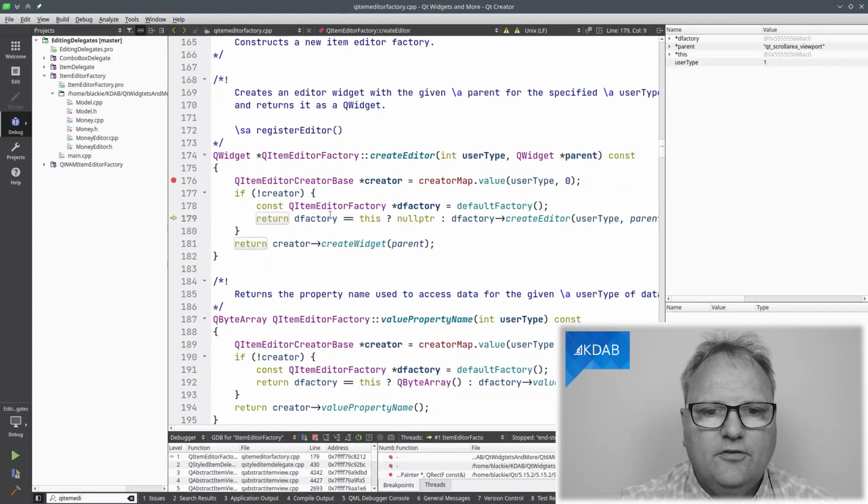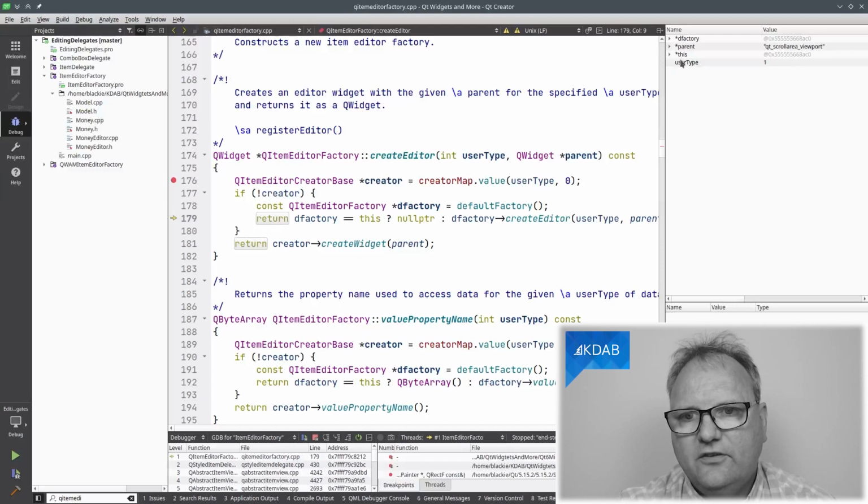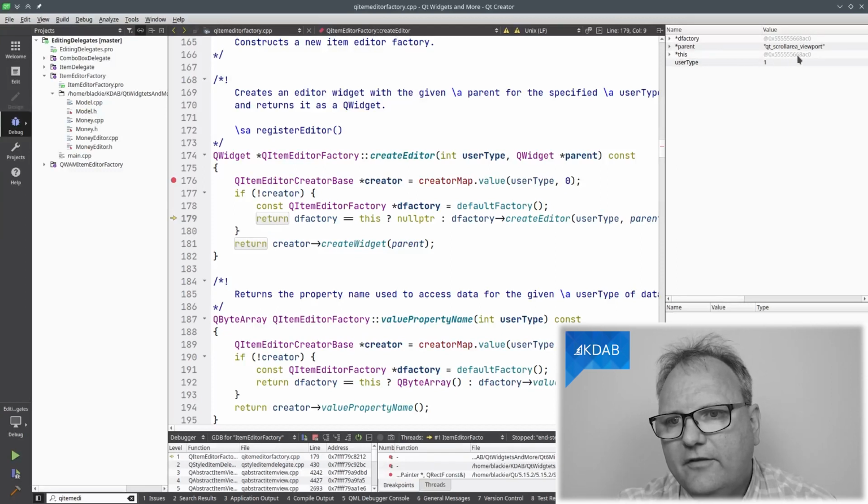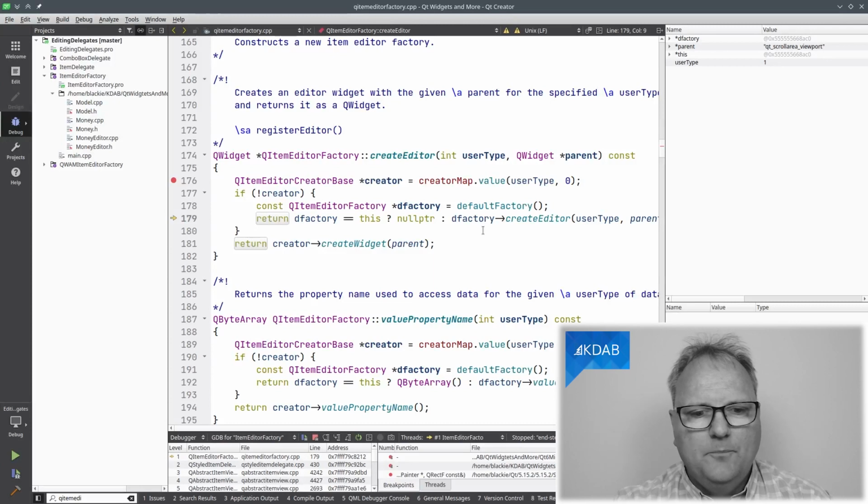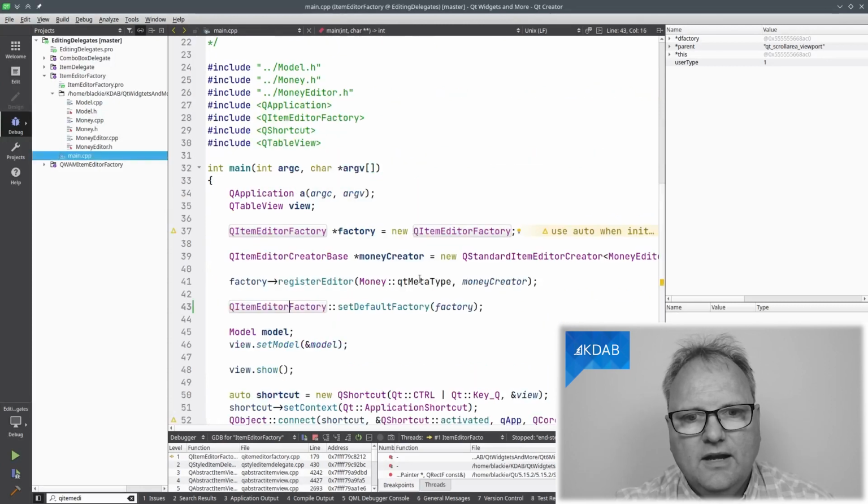And we'll see if the default factory is equal to this being 555 whatever, default factory being 555 whatever. Wait a minute, that's myself. And of course it's myself, because up in main.cpp, I registered myself to be the default factory.